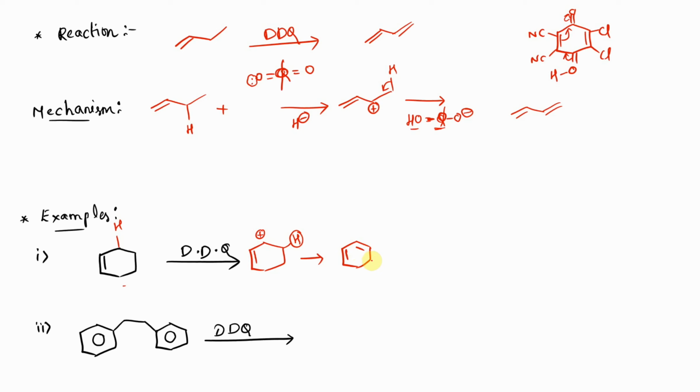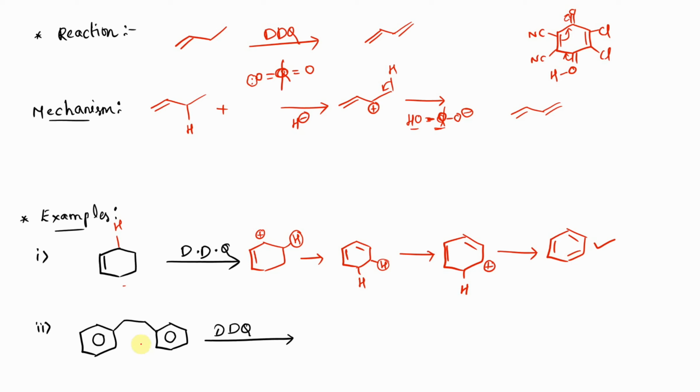Now we have two more hydrogens here. One of the hydrogens will be removed in the form of hydride. So we'll get a carbocation at one of the carbon positions. Let us say here we are getting the carbocation. Then the O minus charge of the quinone molecule removes the remaining hydrogen present here, leading to the formation of benzene. If you observe carefully, the initial compound, cyclohexene, was not aromatic. Once the complete reaction has been done, the compound formed is an aromatic compound. This is how the reaction takes place.